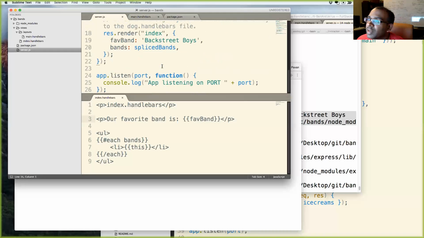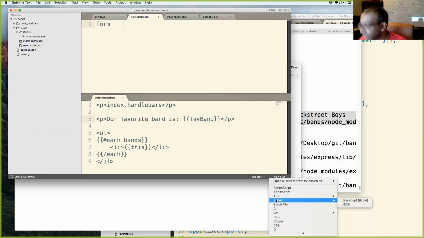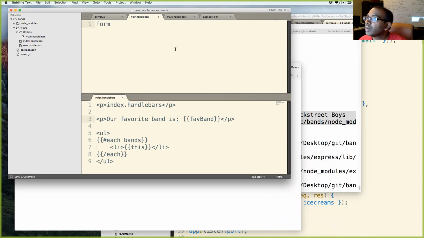Let's make a form. So what I'll do here is new file, new.handlebars, and we'll make a form. My autocomplete does not work because it's plain text, so I'll make it HTML right here, form.